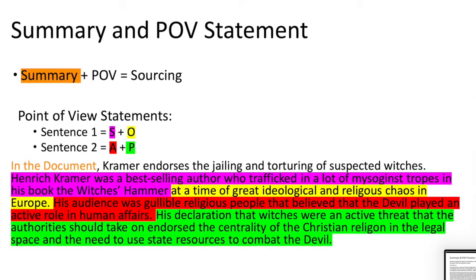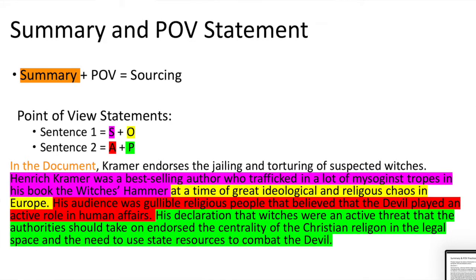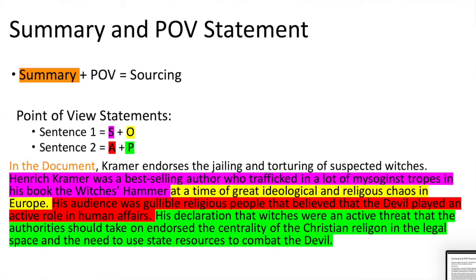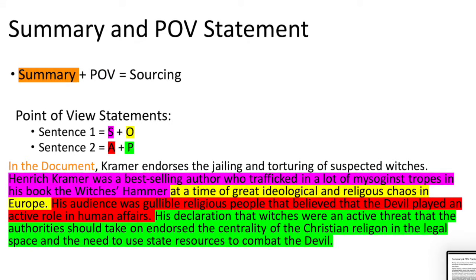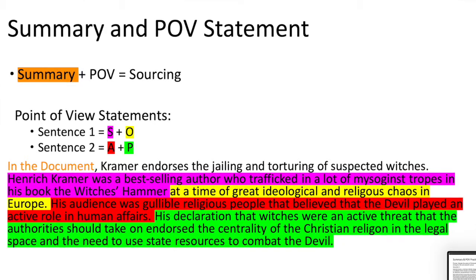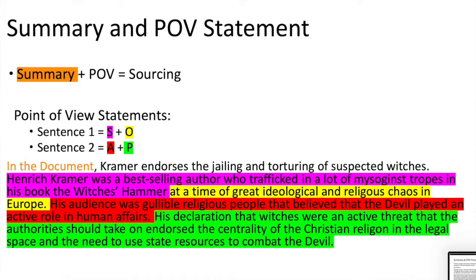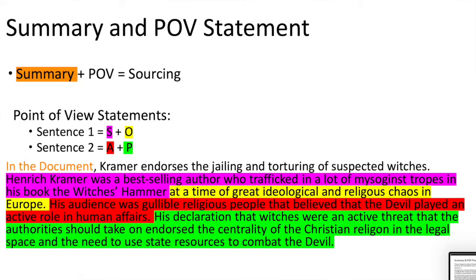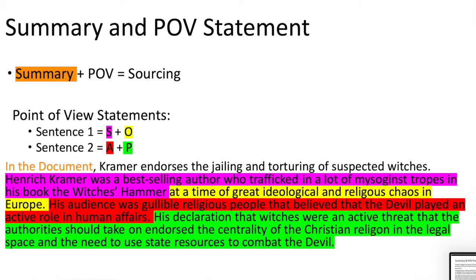And then, to be honest, you don't have to write a point of view statement in 2 sentences. If it doesn't work for you, don't worry so much. You can write it in 3 or 4 even. That would be okay, as long as you try to have as much elements of SOAP as possible. If you don't know outside information about the speaker, then just identifying his purpose or his audience would be sufficient as well, or his occasion. Situating the document in an historical context or situation would be okay.